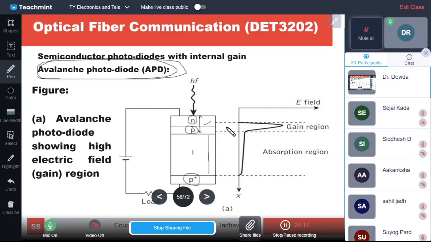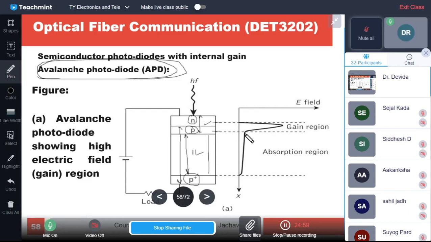Across the junction there is a high electric field because it is a depletion region, and there is an intrinsic region within the P region. This is the start of the P region, and it continues up to here. Within this P region, some region is very lightly doped, and this is the I region, the intrinsic region. The intrinsic region is as good as an insulator and takes some voltage across it, and the depletion region across the junction takes a very large voltage because it has very large resistance.